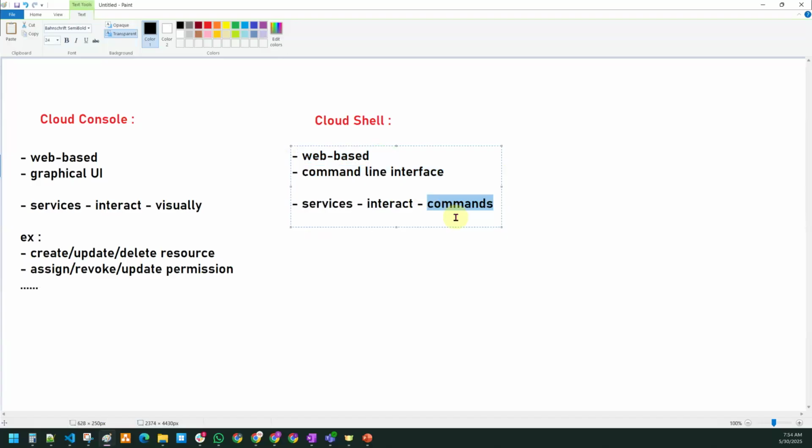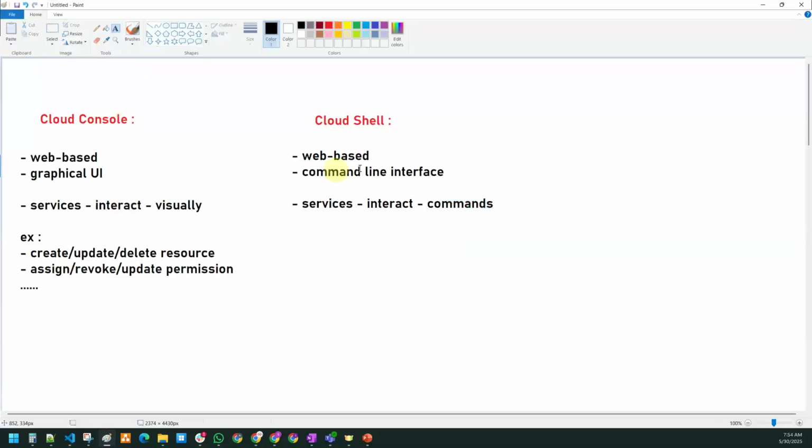That's the main difference between the console and Cloud Shell: one is a graphical user interface, and the second one is a command line interface. Whatever you are able to achieve using the console, you should be able to achieve using the Cloud Shell as well.